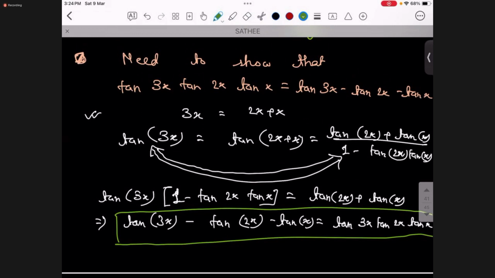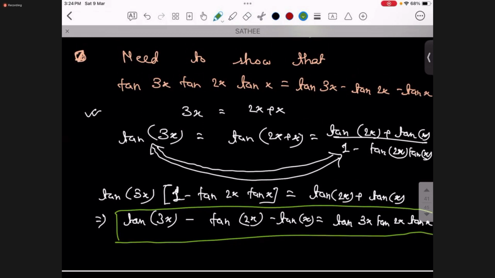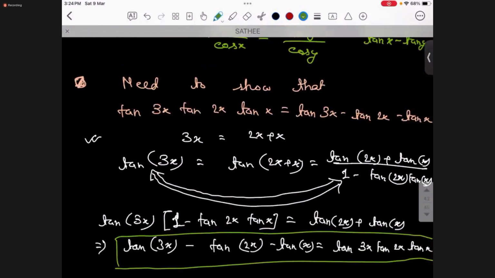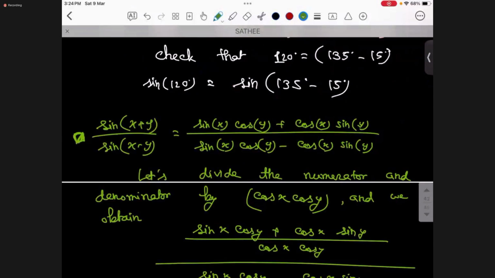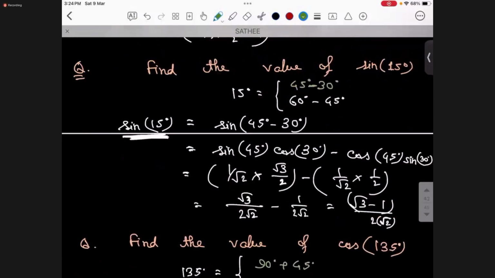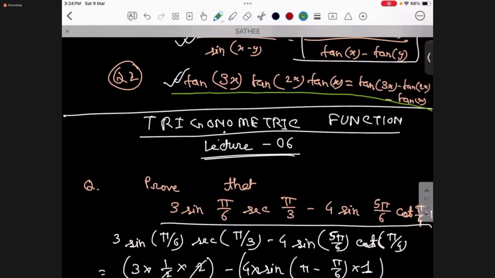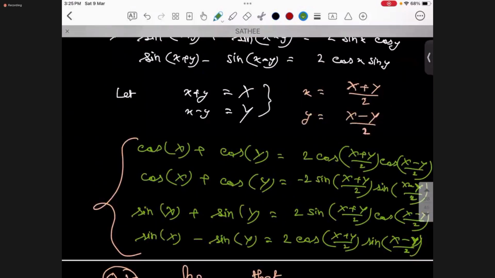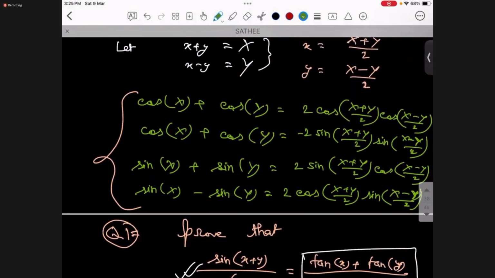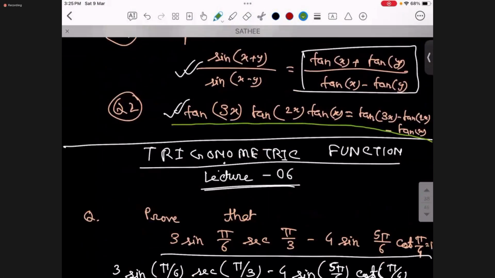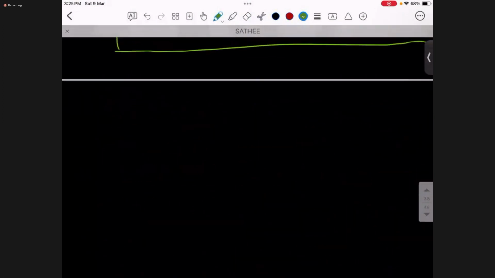Similarly, let us try another thing. Till now we are using the formulas for tan(x+y), tan(x-y) and all those things. So let us do one example using these formulas, which we discussed at the ending of the last lecture. Let us discuss one problem with this formula. The question is,